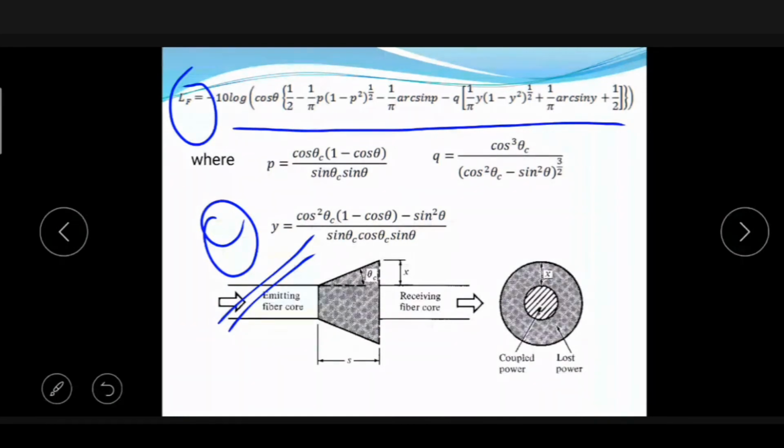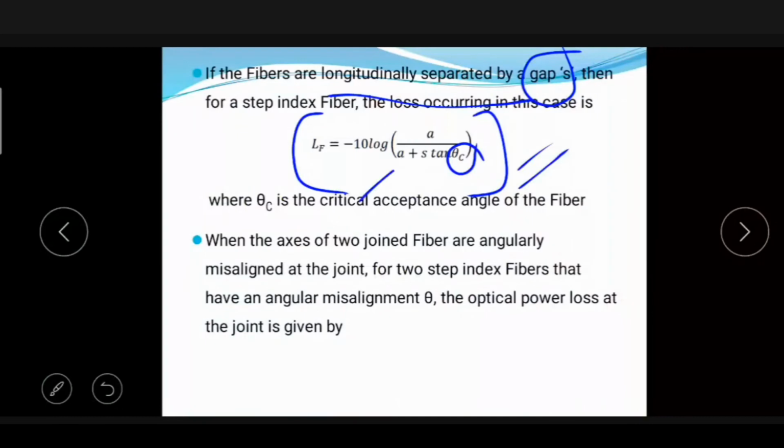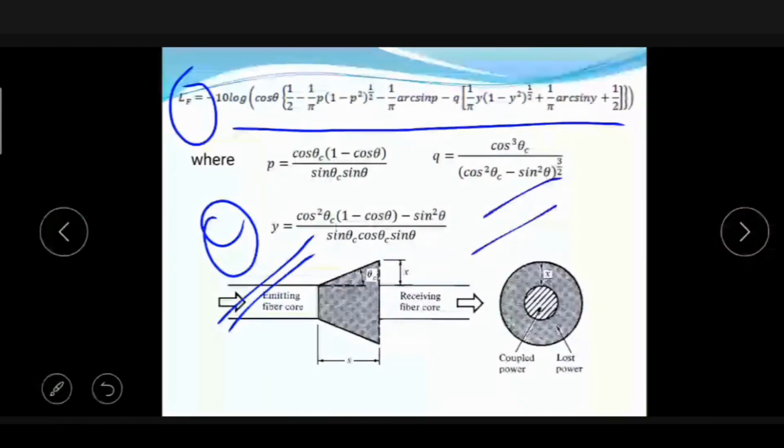So this you need not remember. Just go through the coupling loss expression for axial misalignment, and this is not required. This is also not required to buy it. But you should note that there are fiber related losses whenever axial misalignment is considered, or longitudinal misalignment is considered, or angular misalignment is considered. But you have to get the expression for power in the axial misalignment. What is the total power during the axial misalignment in a fiber? So one derivation you should know.